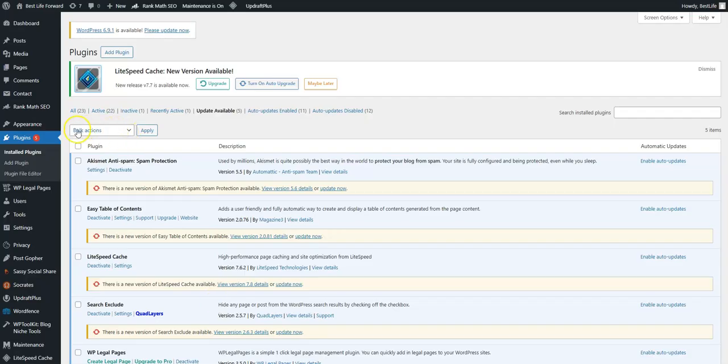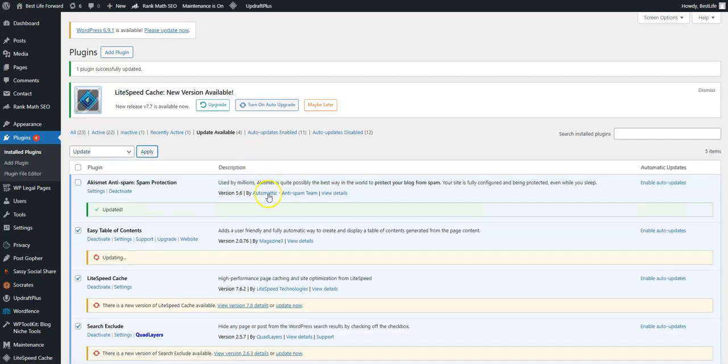You can do a bulk action here by clicking this box, which selects all the plugins. In this case, all the plugins that need updating. Go to your bulk action drop-down menu, click it, select update, and select apply, at which point the plugins will be updated. And it could take a while simply because in this case, I left a lot of plugins without